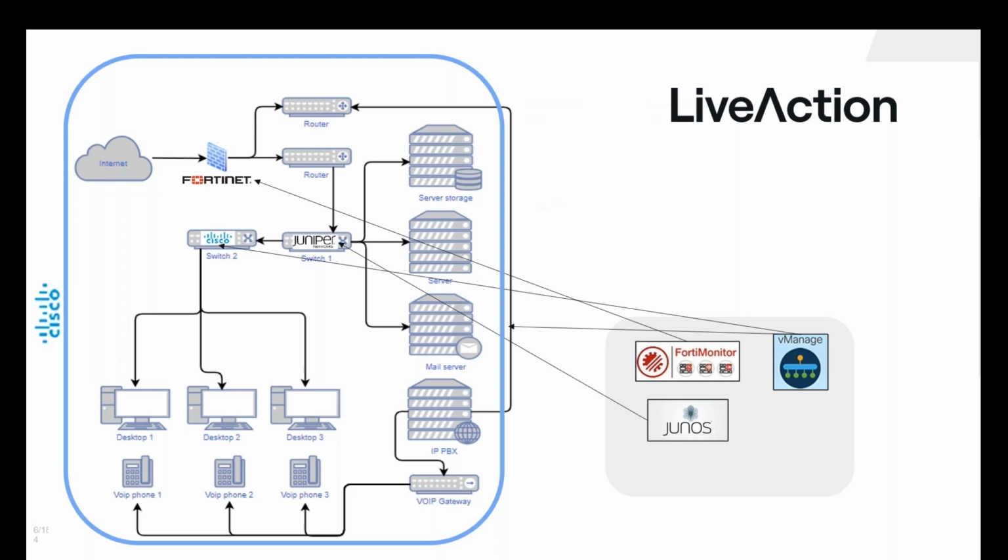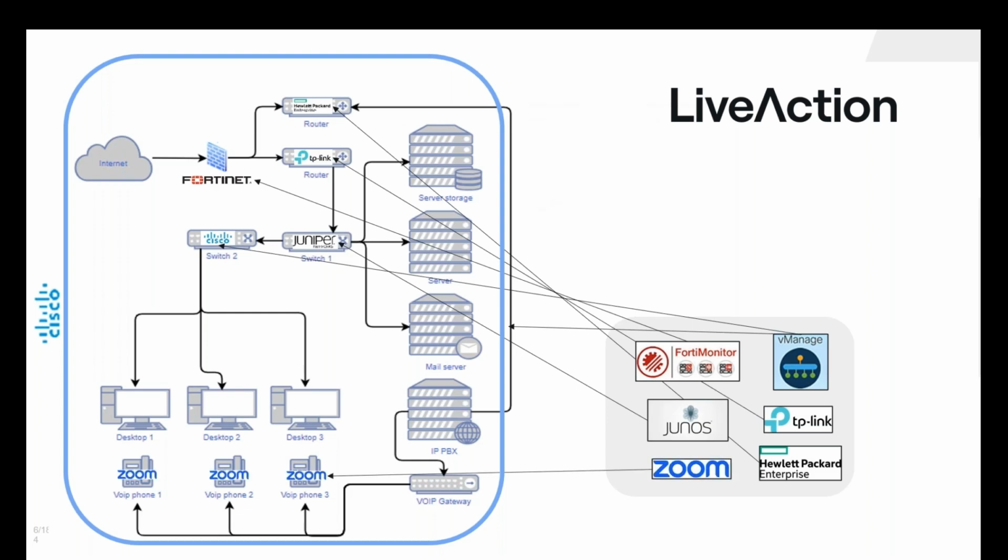But most customers don't just have Cisco completely, they will have a mixture of different things. The old Juniper switch here that has never suffered a problem, so why replace it? And again, I can't see Cisco from Fortinet or FortiMonitor. I can't see my Juniper switch from the Cisco admin console. So I need to then log on to Juniper. And you can see as this problem starts to expand out into things like routers, into things like applications, and applications like